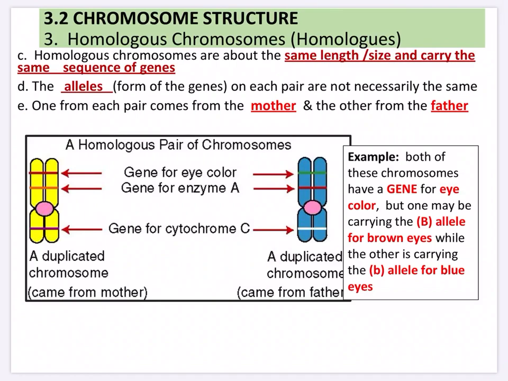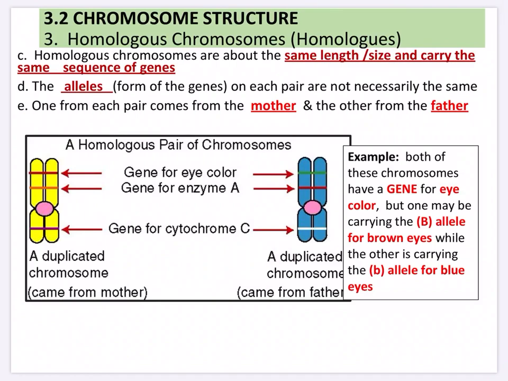Homologous chromosomes are about the same length and size, and they carry the same sequence of genes. The alleles on each pair are not necessarily the same. So you could get one allele from your father and one allele from your mother, and when we get deeper into genetics and Punnett squares, we'll learn about dominant and recessive alleles, which ones will present if you get one of each. Okay,